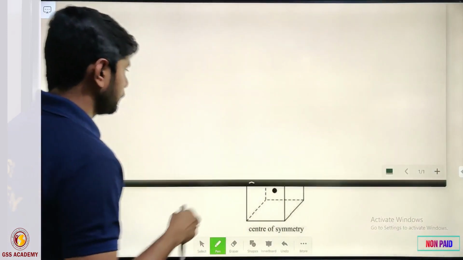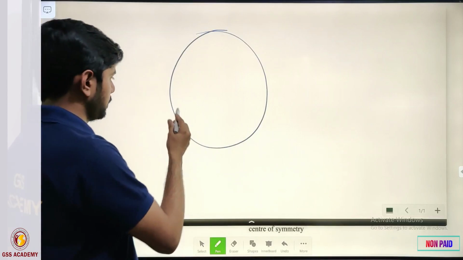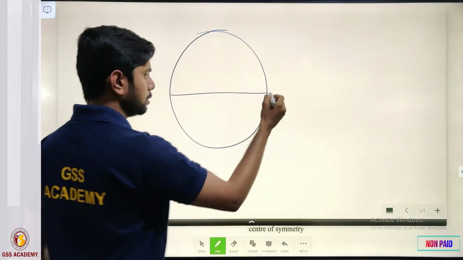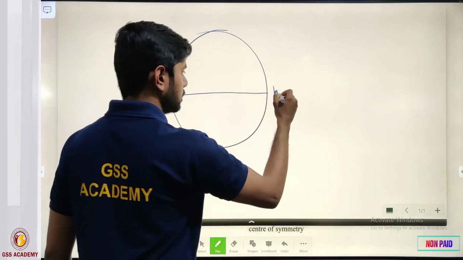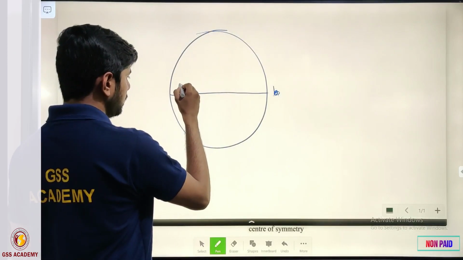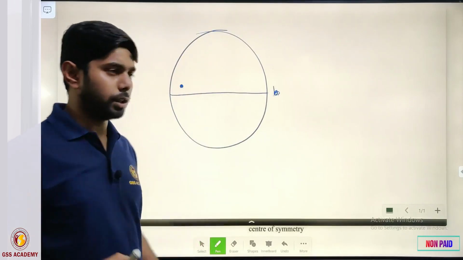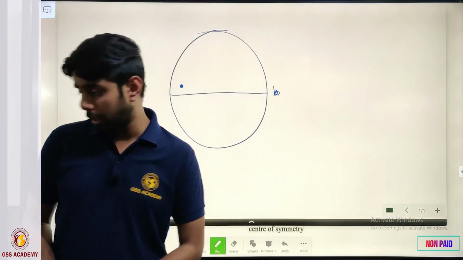So if this is the stereonet, or the stereographic projection of a crystal, let's assume that this is an axis, let's say the b axis or a axis. This is generally the b axis from right to left. If we have a face here, we have to denote the faces with a dot and an open circle. So how are we denoting these circles?